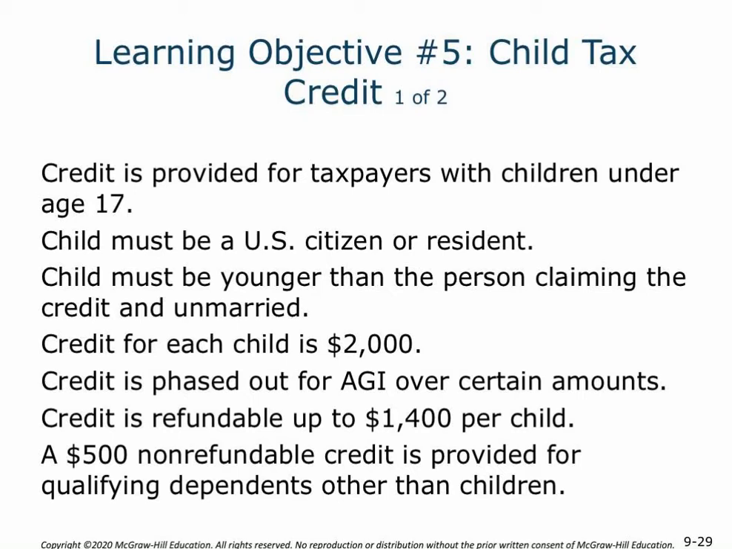Learning objective 5, the child tax credit. So in addition to the credit for child and dependent care expenses that incentivizes working families' participation in the labor force, here there's an incentive by the government just for families themselves. To have a child, you get one of these partially refundable tax credits for $2,000 for each child, and there's some qualifications, in terms of the children need to be under age 17, they need to be U.S. citizen or resident, they need to be younger than the person claiming the credit, which is making sure